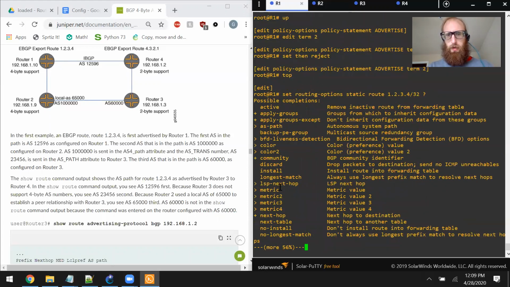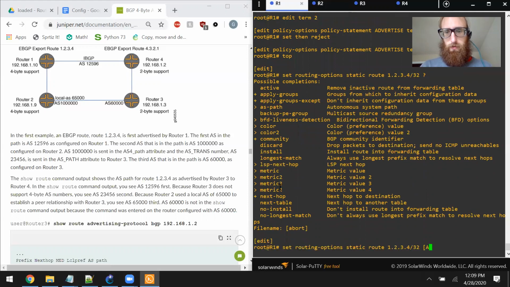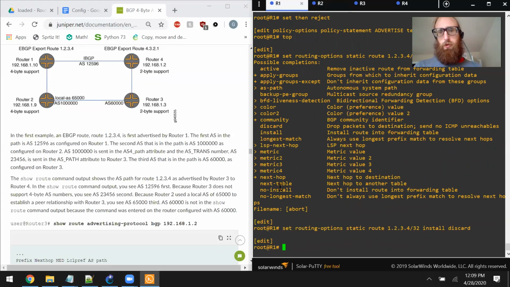And then we won't need a next hop. We can have it be install, and then we can just have it say discard. So it's going to show up in the value, but it's going to, yeah. Okay, and then of course we need to